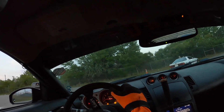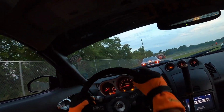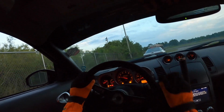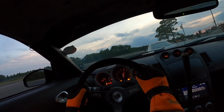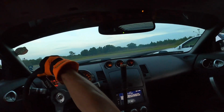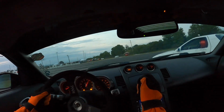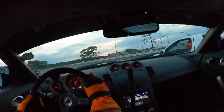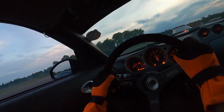Feels like my pump is wearing out because my power steering doesn't work at low RPM. Look, low RPM, rock solid. High RPM, we're good. Driving with no power steering. I almost hit him on